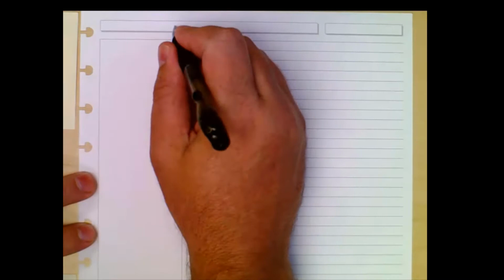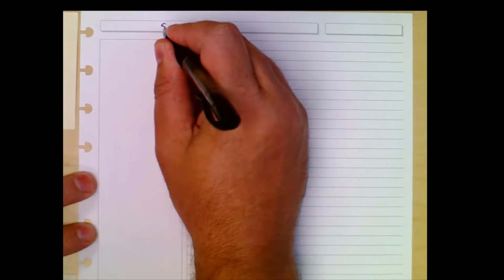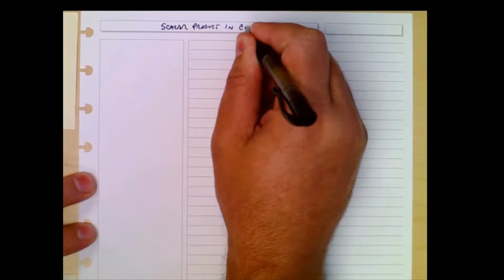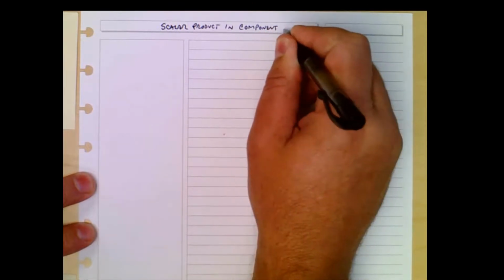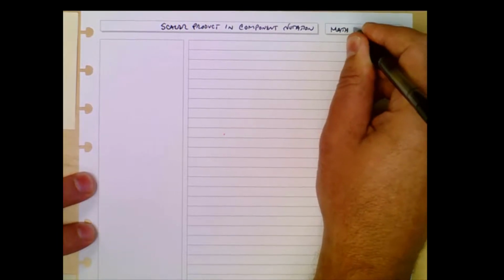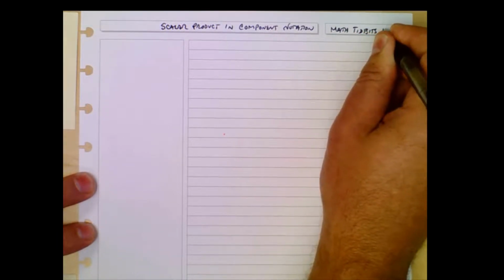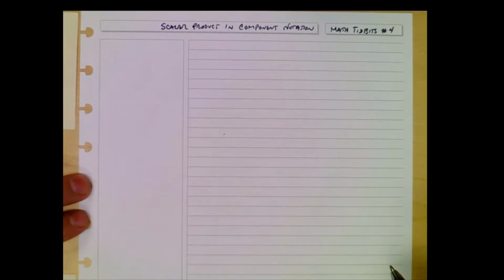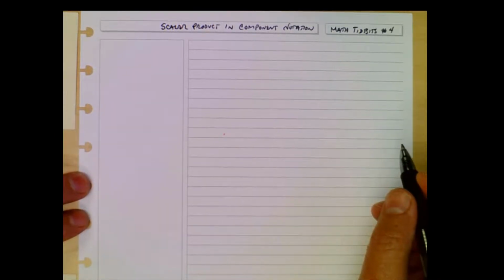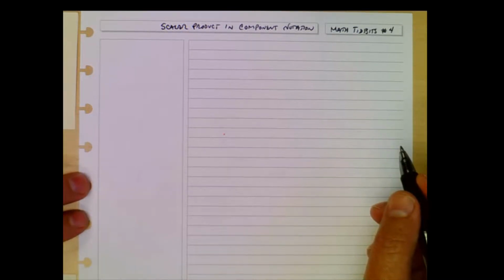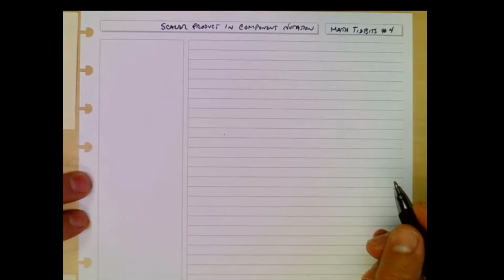All right, here we are for Math Tidbits number 4. This is going to deal with the scalar product in component notation. I thought about doing vector and scalar products together, but simpler to split them. And actually, you'll be using scalar products long before you're dealing with cross products. So, to keep the two separate is probably a good thing. All right, so